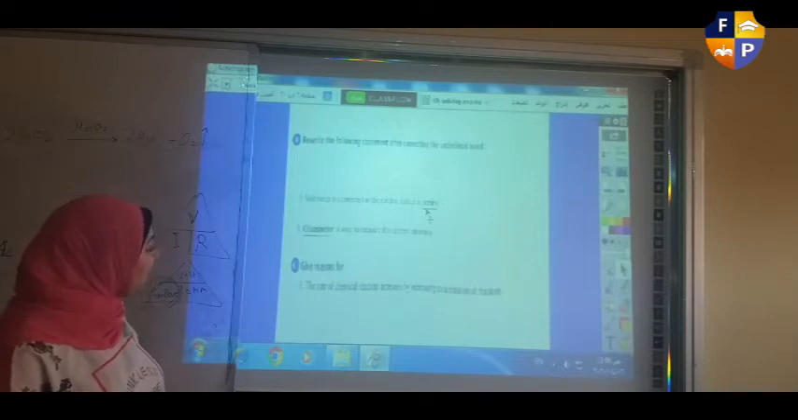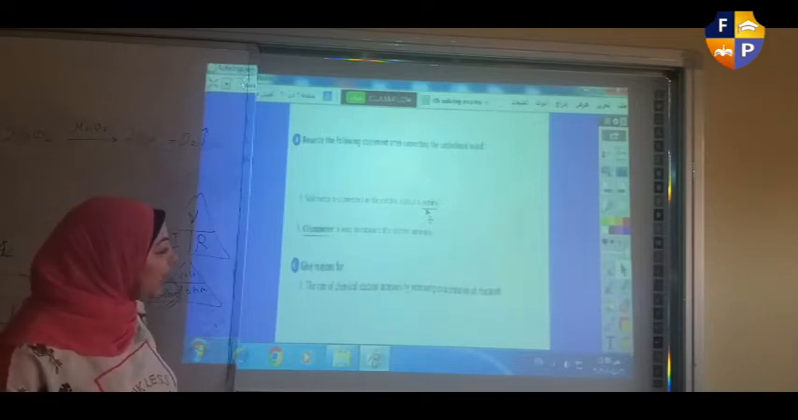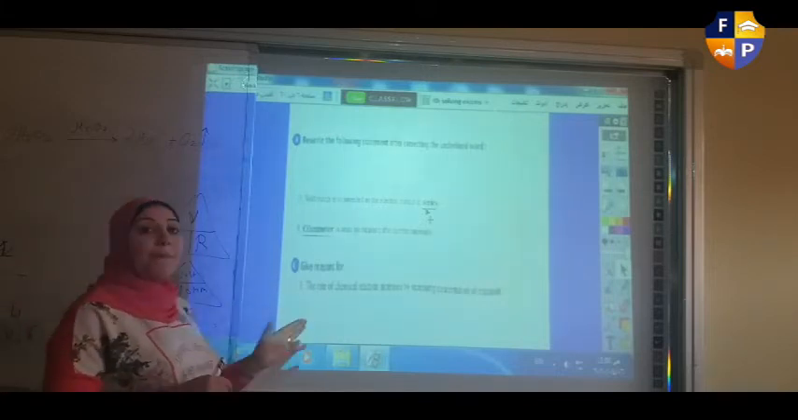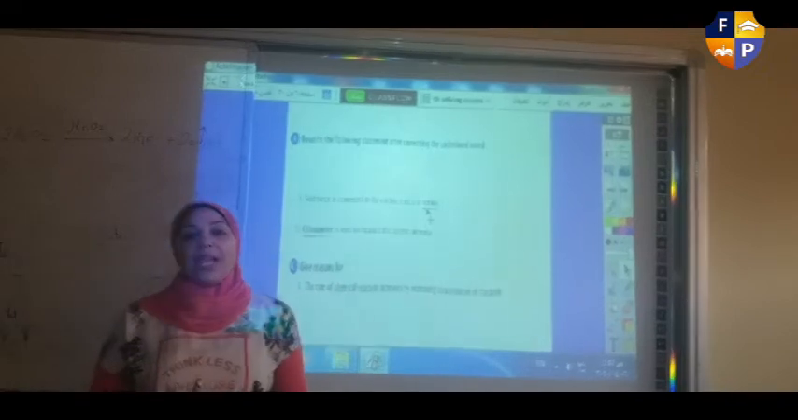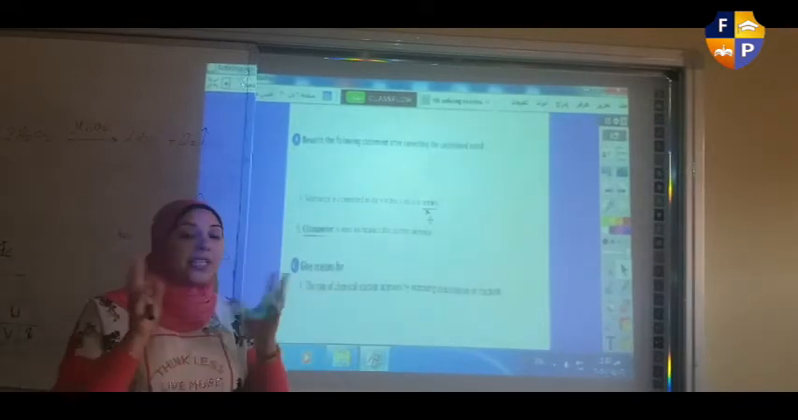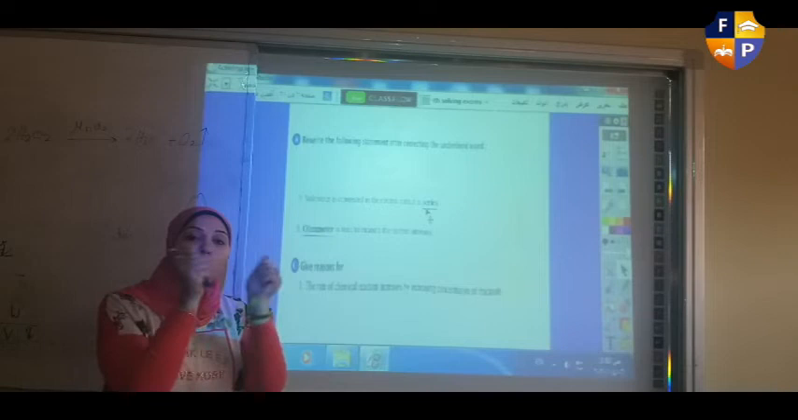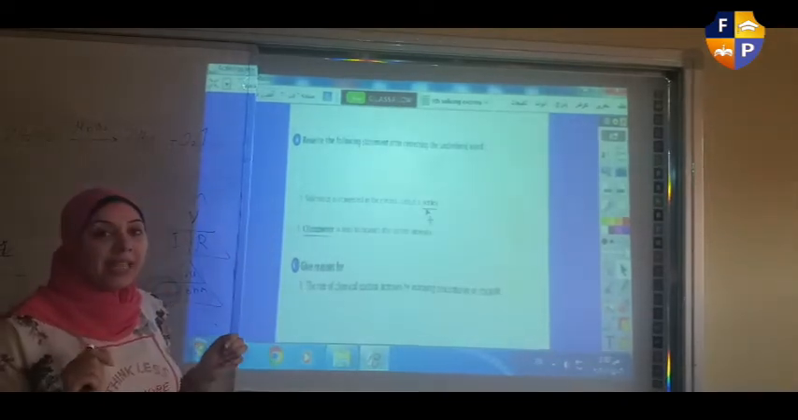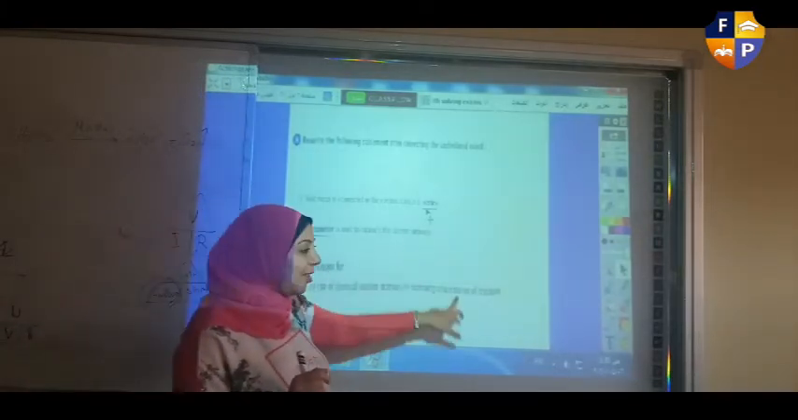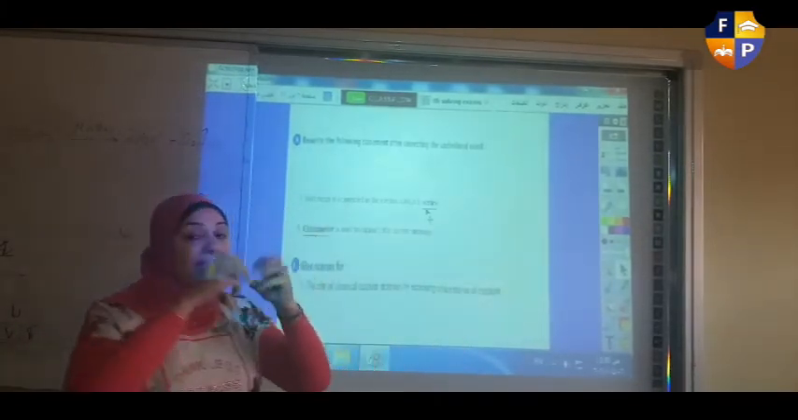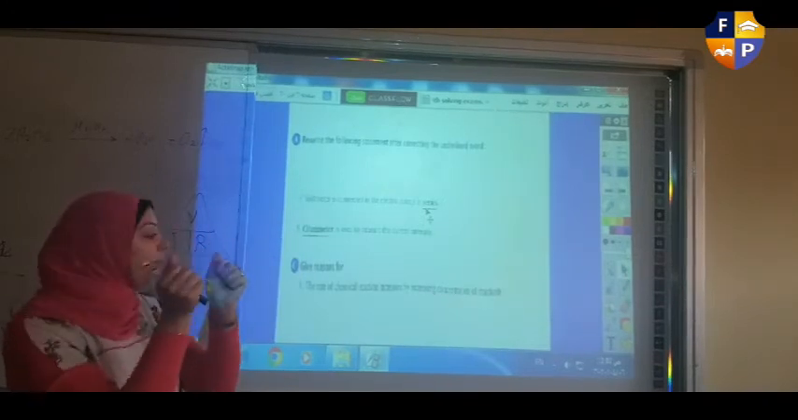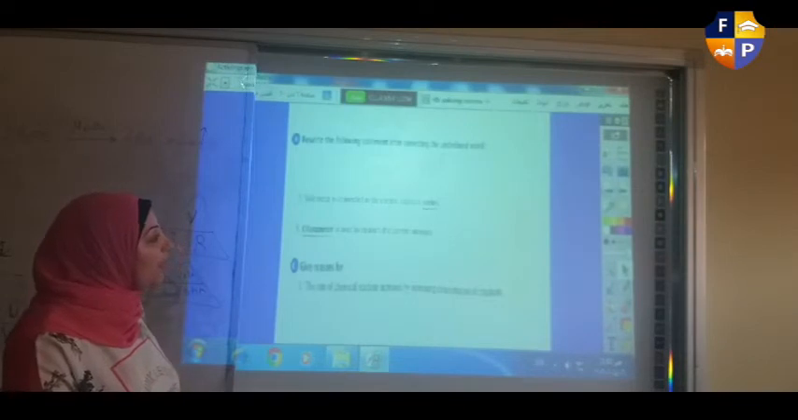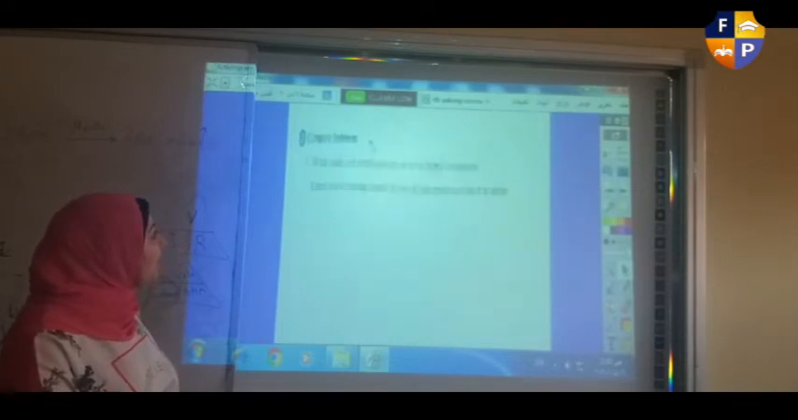Give reasons. The rate of chemical reaction increases by increasing the concentration of reactant. We know that by increasing the concentration of reactant, the number of molecules increases. So the number of collisions between molecules increases, which leads to speeding up the chemical reaction. So by increasing concentration, the number of molecules increases, so the number of collisions between them increases, so the speed of chemical reaction will increase. Compare between metal